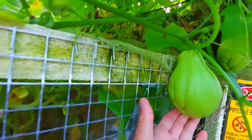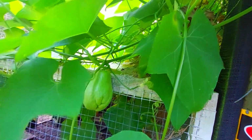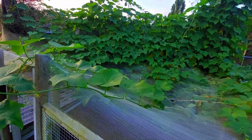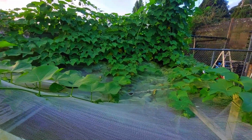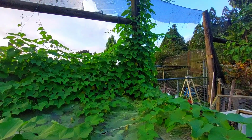You might see these in Asian vegetable stores, but I usually don't see them too often in the normal supermarkets. So what this plant is, choco or chayote, it's a very big perennial plant that grows really big and also can grow quickly. What's great about this plant is the whole plant is edible, meaning you can